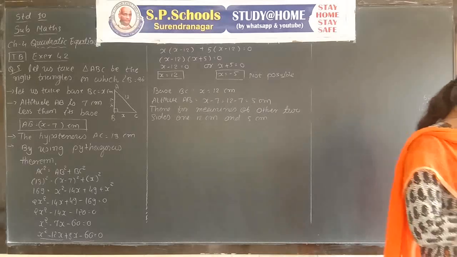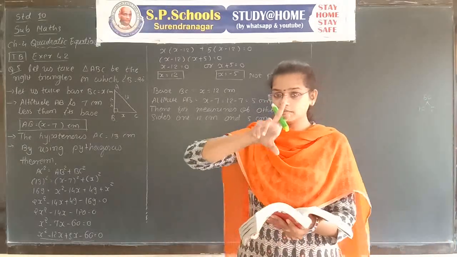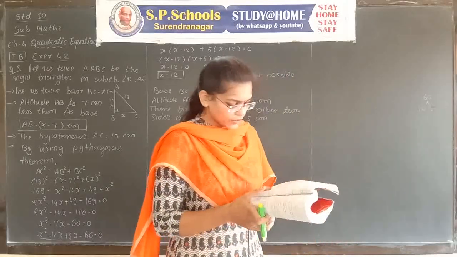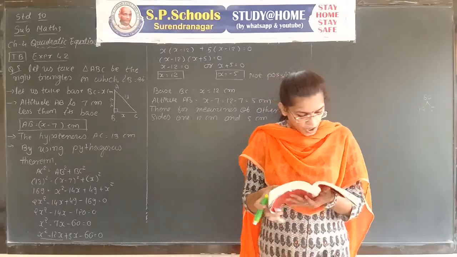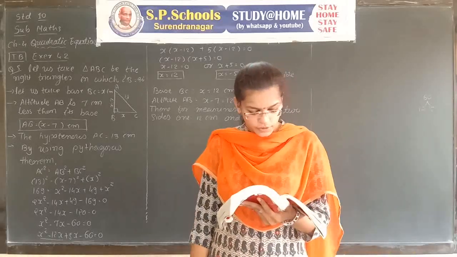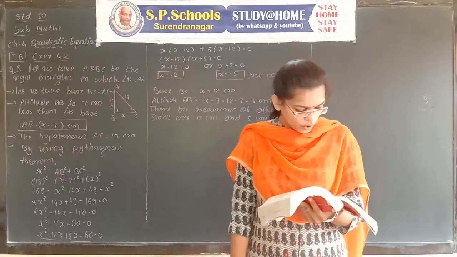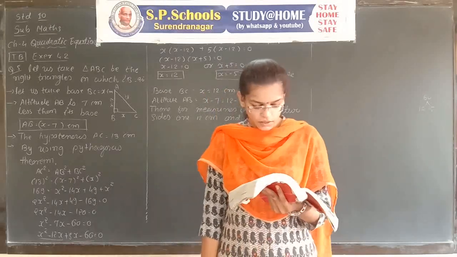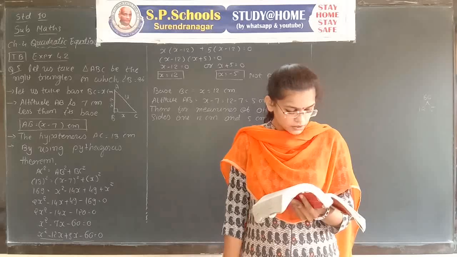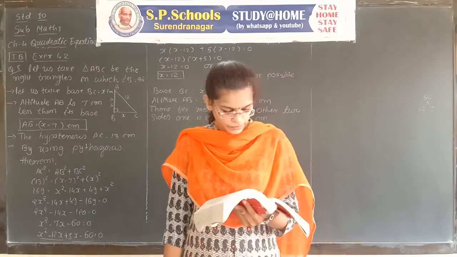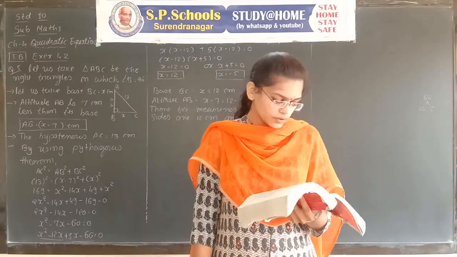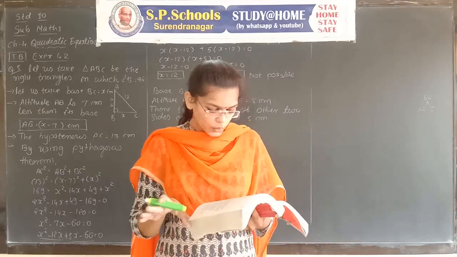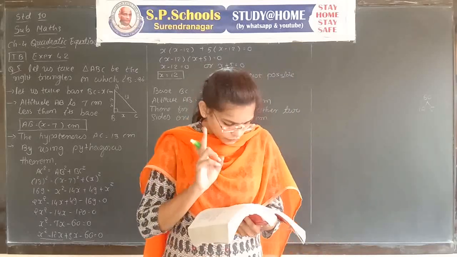Sixth number is related to our example 1, sub question number 2. Both are equivalent type of sum. What does question number 6 say? Let's see. A cottage industry produces a certain number of pottery articles in a day. It was observed on a particular day that the cost of production of each article was 3 more than twice the number of articles produced on that day. If the total cost of production on that day was rupees 90, find the number of articles produced and the cost of each article.